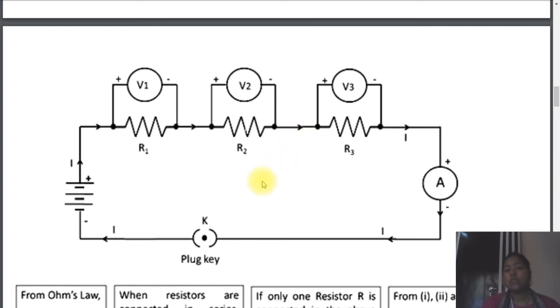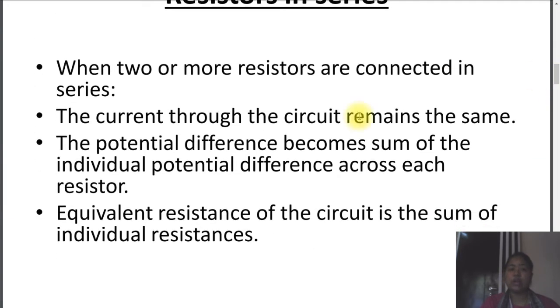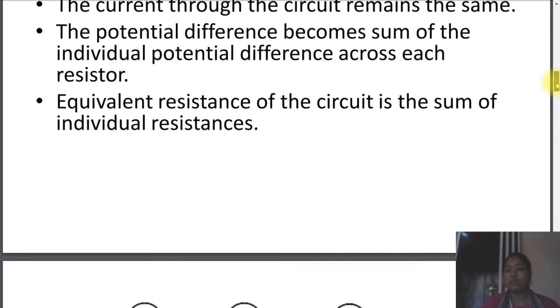Done. So from this observation what did we conclude? We concluded that in the whole electrical circuit the amount of current will remain the same through all of the resistors. That means the current will not change. This is the observation of the current, and we already talked about this point previously, that the current through the circuit remains the same. Right? I hope you get that point.